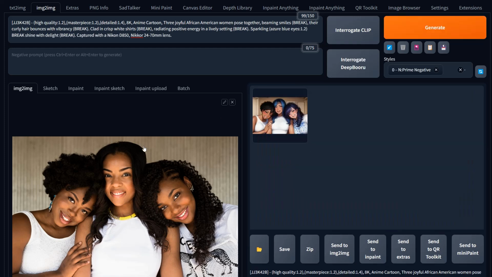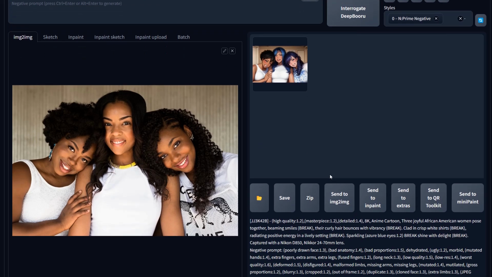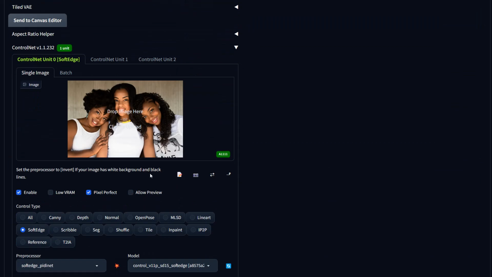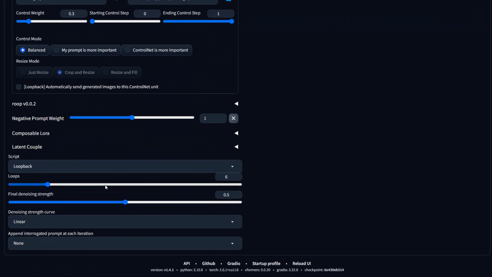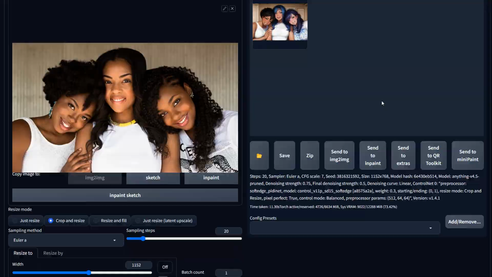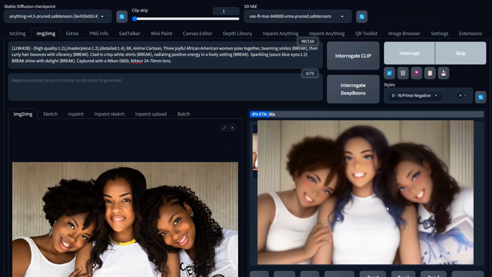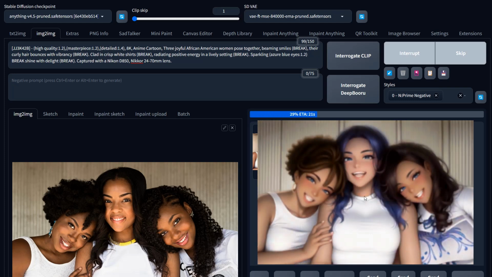Those of you who've worked with anime models know that it has difficulty with people of color. So let's come down here. Let's drop this down to 0.57, and the ending control step, let's go down to 0.4. Let's see if that helps retain the likenesses here. A little bit better. I think the center person's still changing a little much for me, but